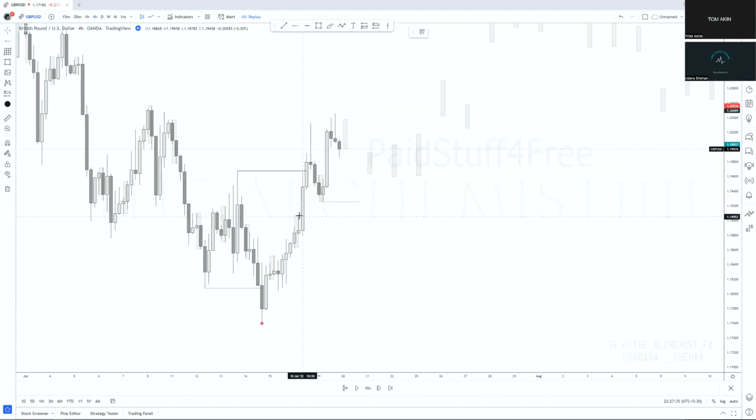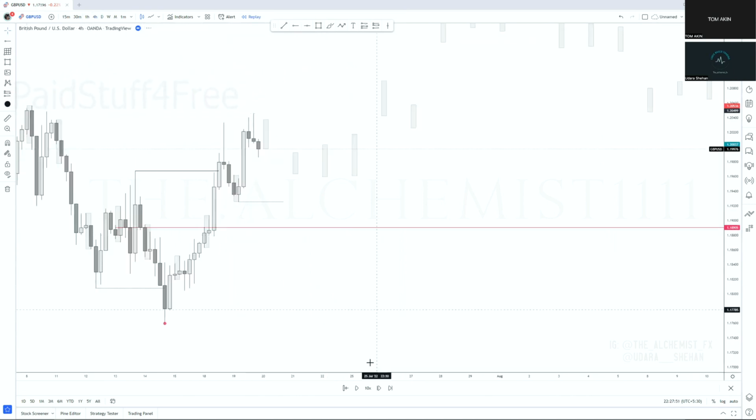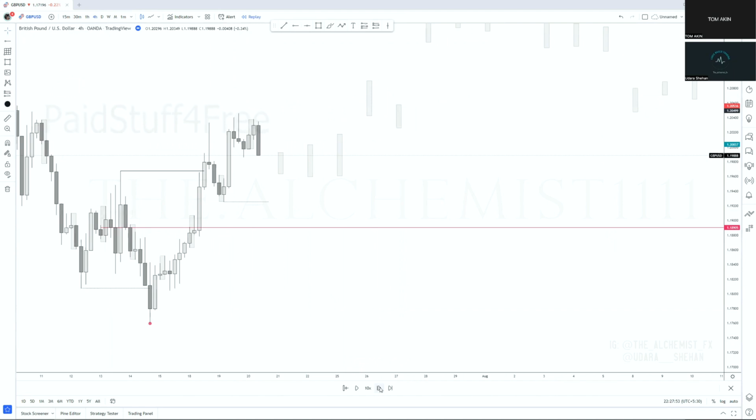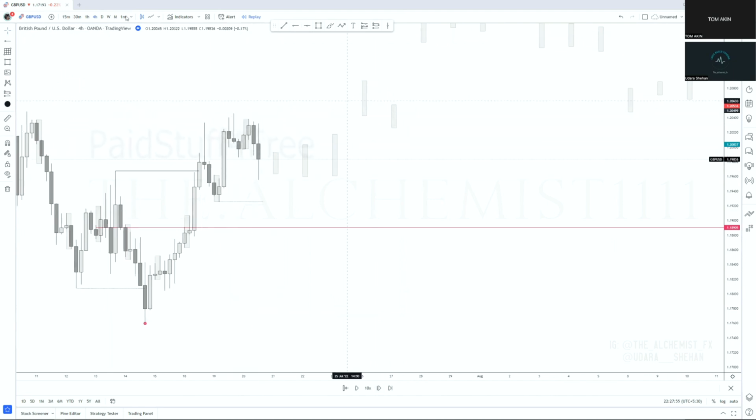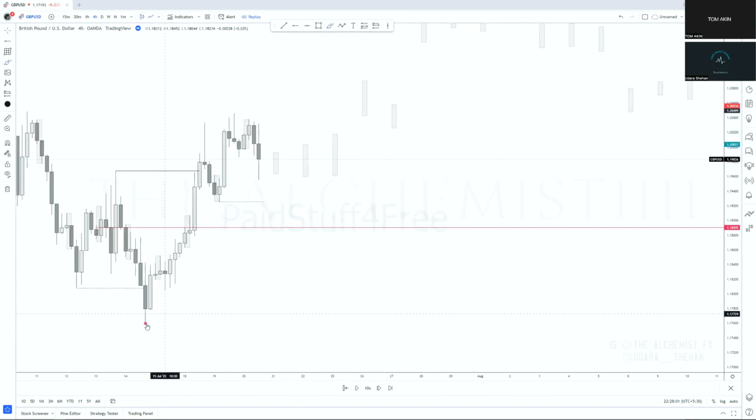Just because the 4-hour imbalance is very clear, are we going to use that as the point of interest? No. I told you to first check with the higher time frames. Go to the daily. What do we have below this? Order block and the breaker block in the same place. Can you see that? Then what you could do is, if you play price forward, ignore these wicks, use a line chart, you'll see the range confirmation. Can you see that? You have the confirmation of the range from here to here because we got the bearish